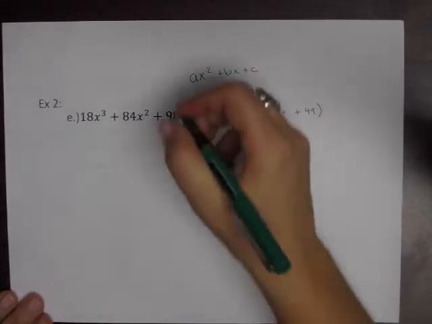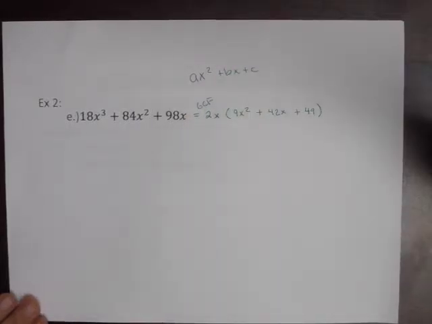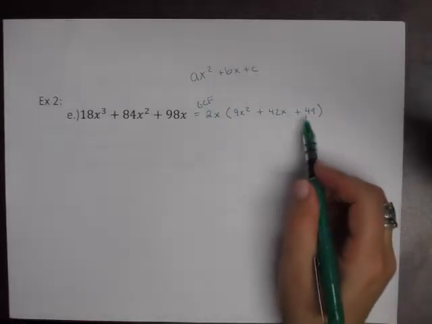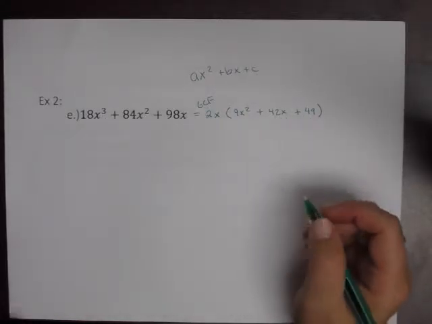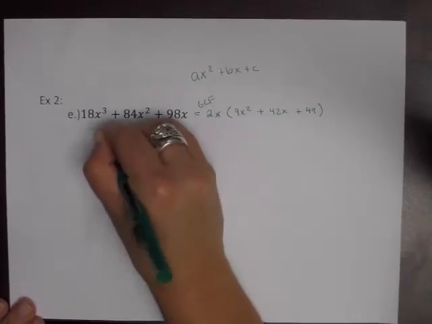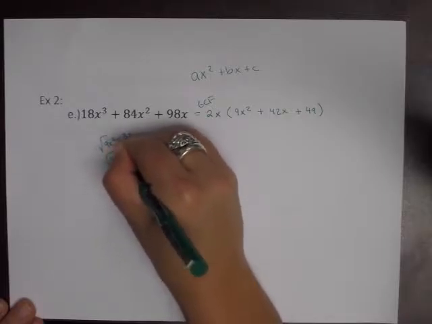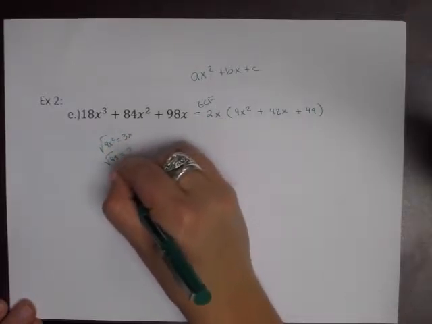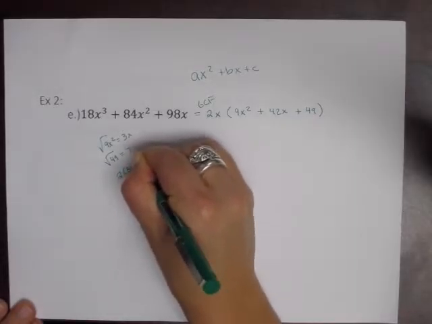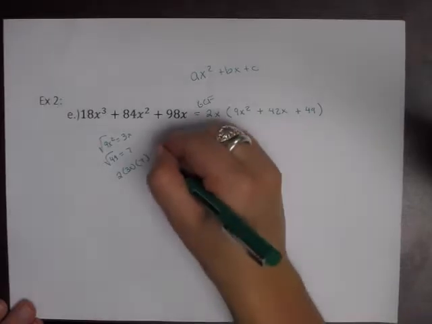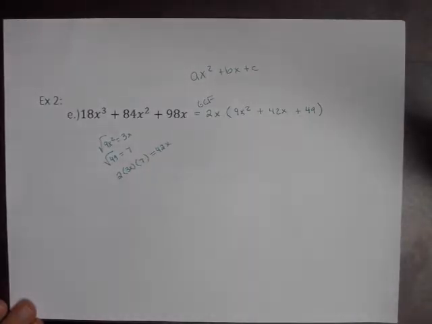So once I pull out my GCF of 2x, then I can see that I have 9x squared plus 42x plus 49. Alright, so I have three terms. My first term is a perfect square, my last term is a perfect square, and my middle term is even. So let's check and see if it will work out. So I take the square root of 9x squared, which would be 3x. Then I take the square root of 49, which will be 7. And then I go 2 times 3x times 7. To check it, 2 times 3 is 6, and 6 times 7 is definitely 42x, which